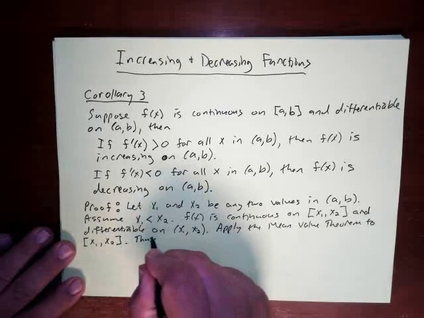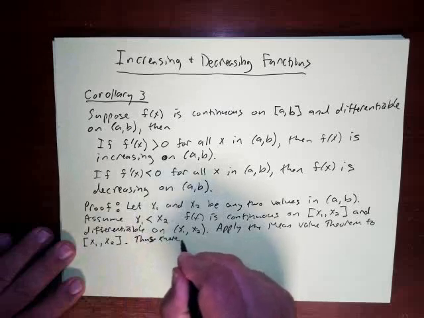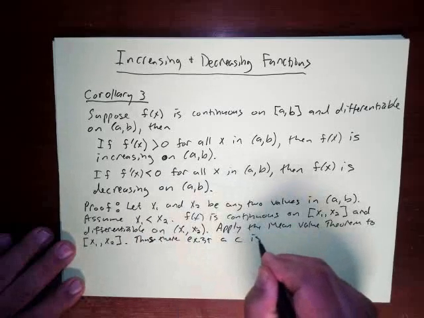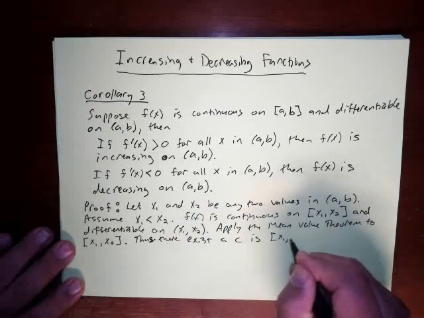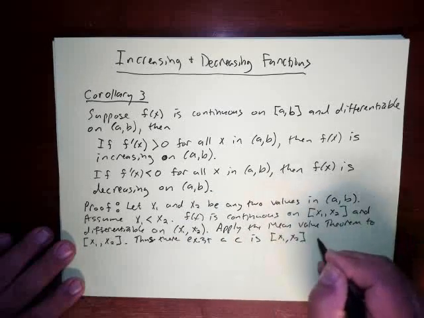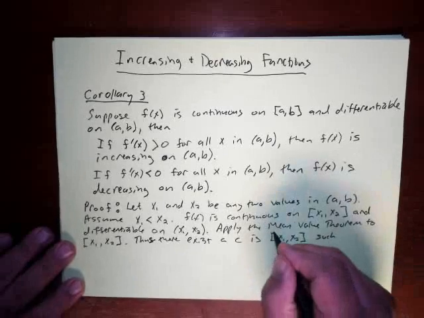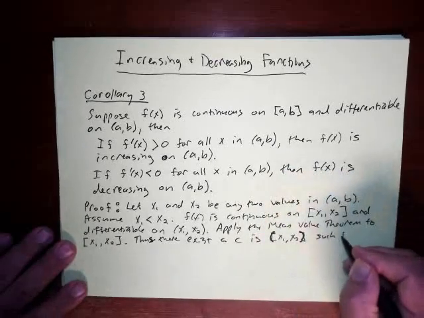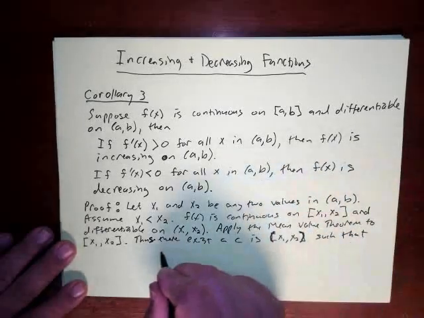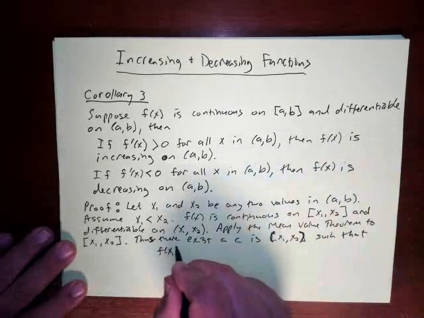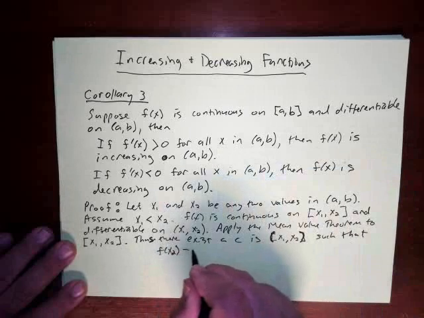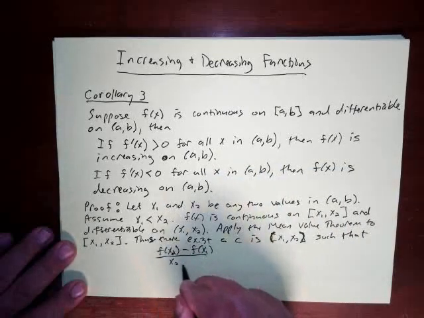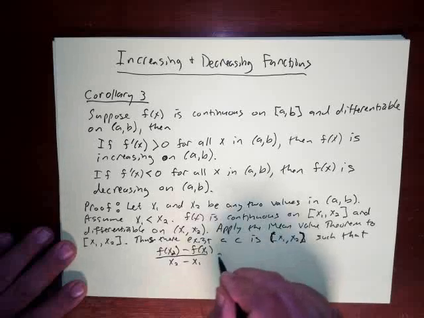Thus, there exists a c in the open interval (x1, x2) such that f of x2 minus f of x1 over x2 minus x1